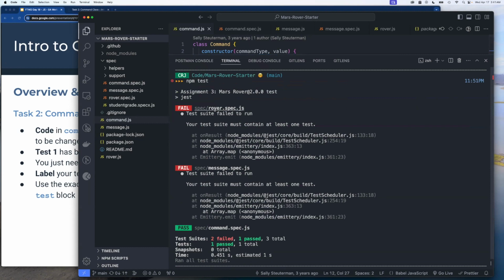It sees that rover.spec.js exists, and same thing with message.spec.js, but there's no test. It says your test suite must contain at least one test. So it's normal that you're going to have two failing and only one passing, just because we haven't gotten there yet. So one of the ways that you could get around that so that you don't have to worry about that right now, since you're not really supposed to start on those tests until you're completely done with the ones